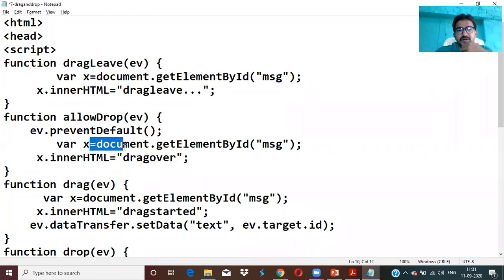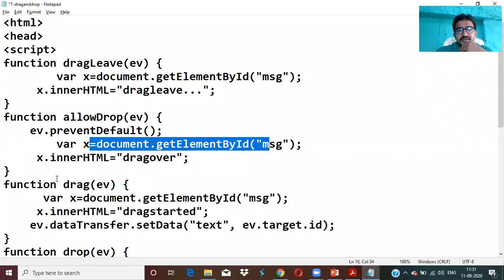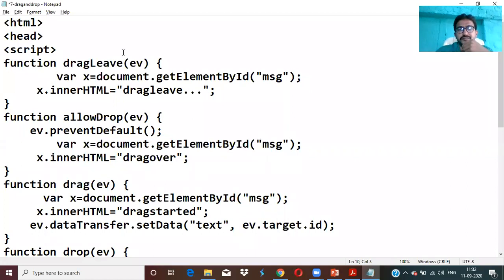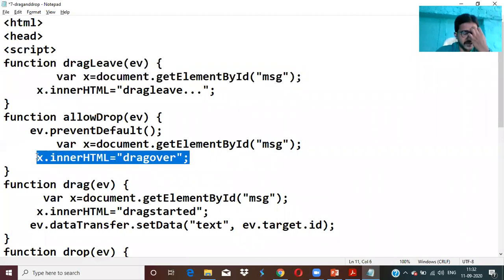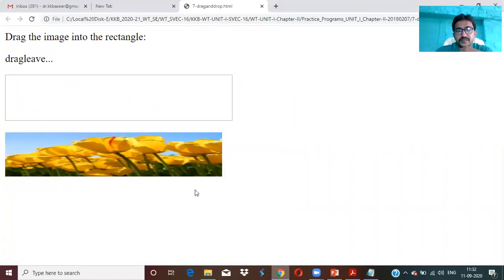Now x equals document.getElementById message. Now what are you replacing? You are replacing x.innerHTML, writing it as drag over. So when I consider this, drag start is completed, drag over is completed.